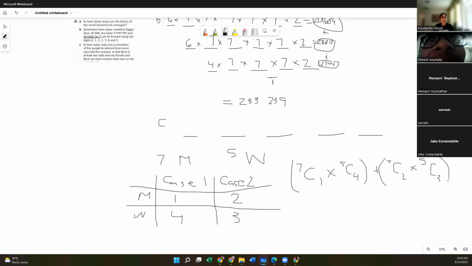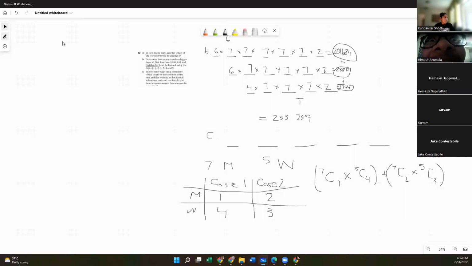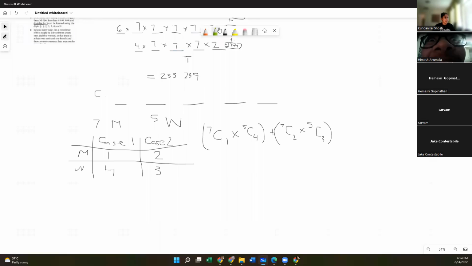Does everyone understand this, or do we want to go back? Okay. I'm going to assume that you all understand it. Again, if you don't understand something, please do speak up, because I can't help you if I don't know the fact that you're struggling about something. Okay, so 7 choose 1. Does everyone know factorials? Again, we did this in just a couple problems earlier. I guess I could write this out if you would like.